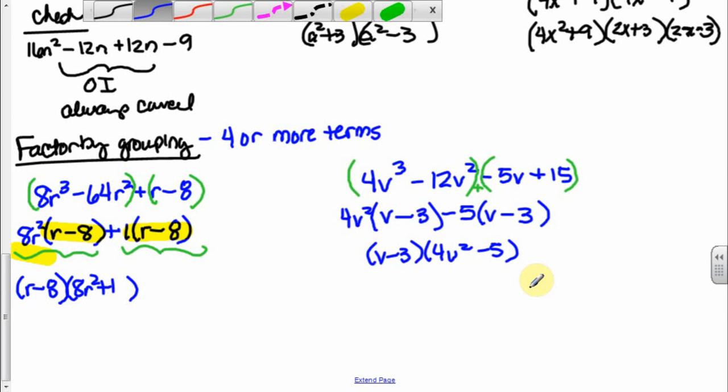I just told my sophomores today, factoring is forever. It does not go away. So as long as you are taking math classes, you will have to be able to factor from this point on, okay? All right, that's all we're going to review on factoring. We are going to pause